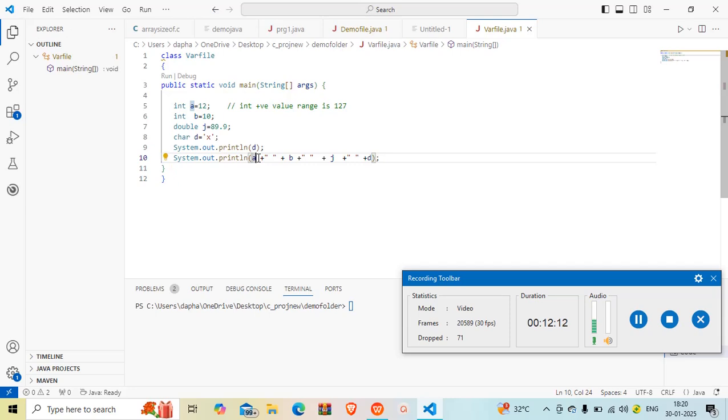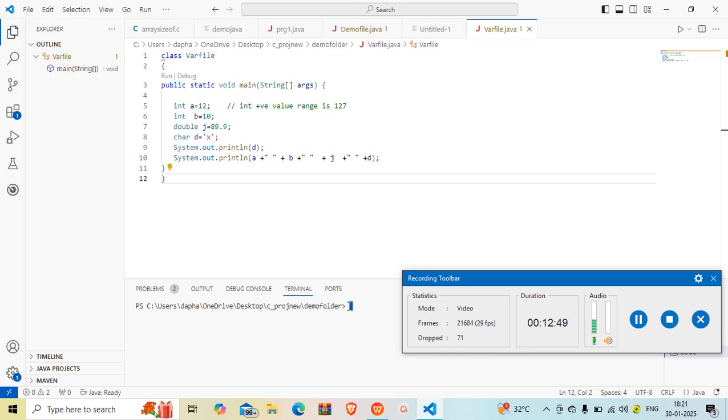If first I am printing A, the value of A will be printed here. Because for every next value I have to take a plus sign here, and sometimes it adds two values if they are integer values or float values. So for avoiding this, I have taken a plus sign and, in double quotation marks, a blank space, for separating those values.